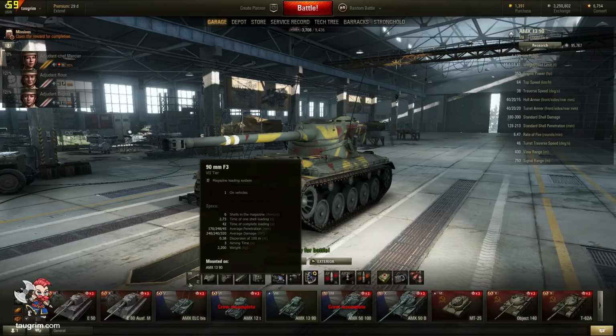The gun is a 6-shot autoloader with vents and a trained crew. It takes about 38 seconds to reload. The gun accuracy is pretty poor at .38, and the gun also doesn't handle very well on the move, so you want to be very careful about firing at targets when you're on the move unless you're at point blank